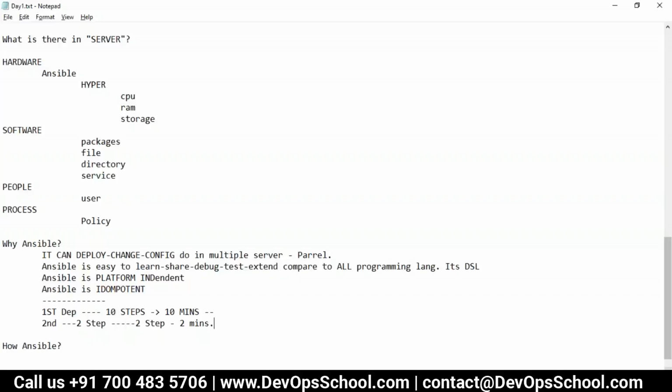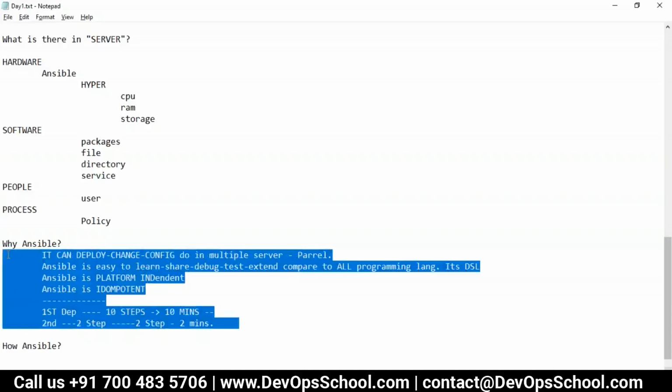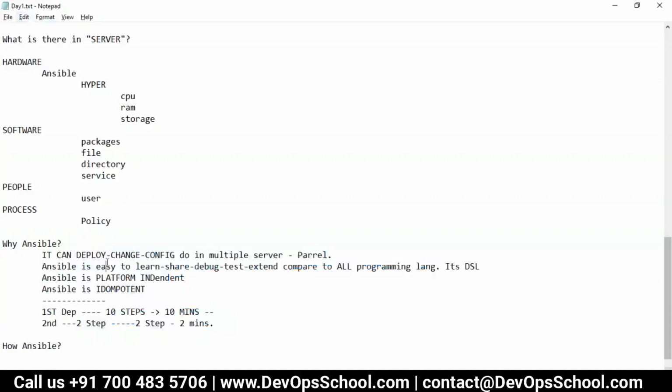Before running, they will check, is it really done? Not done, then do the changes. If it is done, don't do that. So you check the resources in each server. Yes, this feature of checking the resources before doing it is called idempotent. Very powerful functionality. Did you understand this? Yeah, we got it.